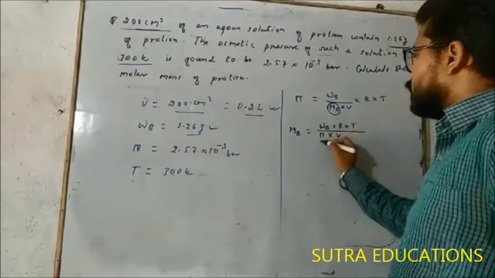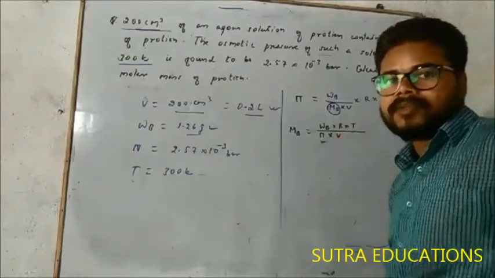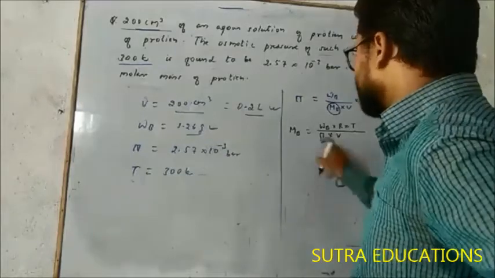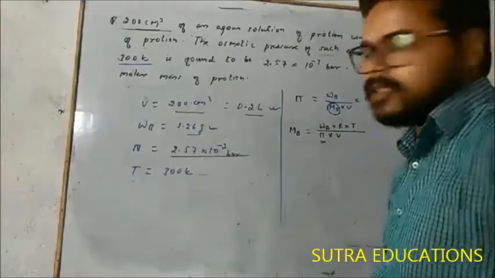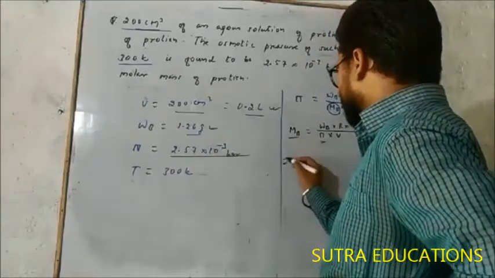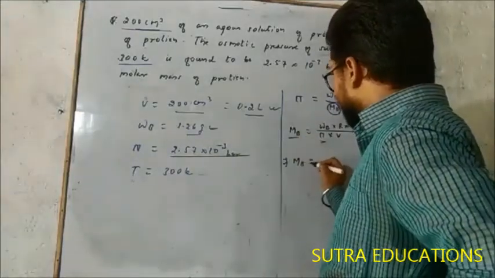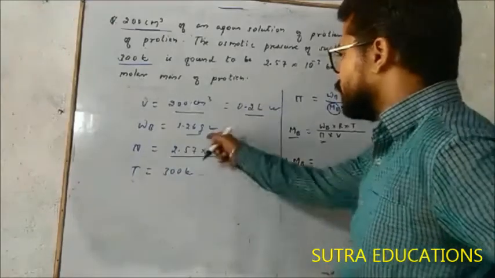This pi is osmotic pressure here. Okay, don't use 22/7. It is osmotic pressure here. It is given here 2.57 into 10 to the power minus 3 bar. So just put every value. So MB will be equal to WB. WB is given 1.26 gram